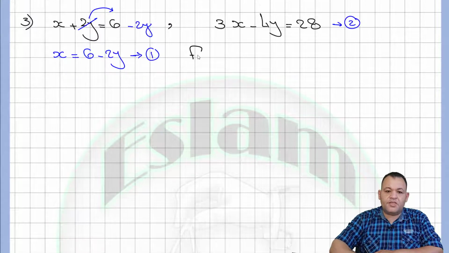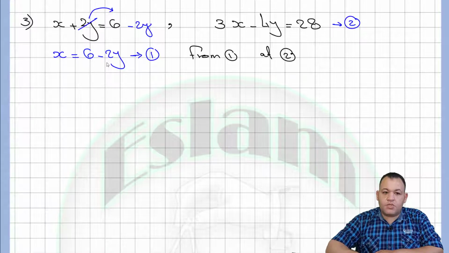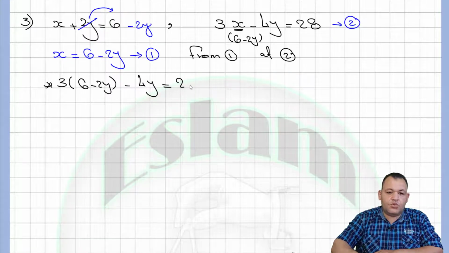By the same way, we go from equation number 3 to equation number 2. What is the meaning of that? Instead of x, replace it with 6 minus 2y. Then rewrite equation number 2: 3 multiplied by 6 minus 2y, minus 4y equals 28. By using the distributive property, 3 times 6 equals 18, minus 3 times 2 equals 6y, minus 4y equals